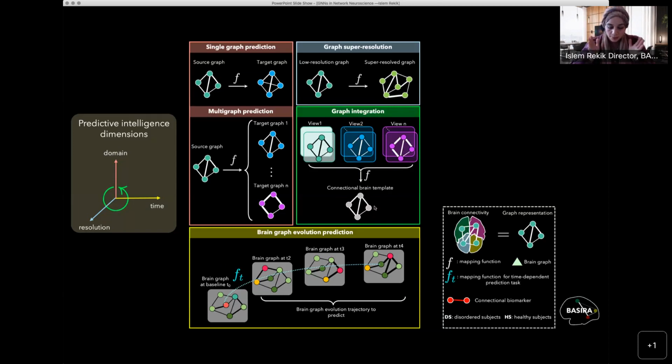So you have a healthy population, healthy brain connectomes. You learn how to merge all of them into a single matrix, a single graph, and you have another population with atypical disorder, and then you merge all of them and you'll have these 2 templates. And by comparing these 2 graphs, you can easily spot or identify the differences between a healthy population and an atypical one just by simply looking at this fingerprint.